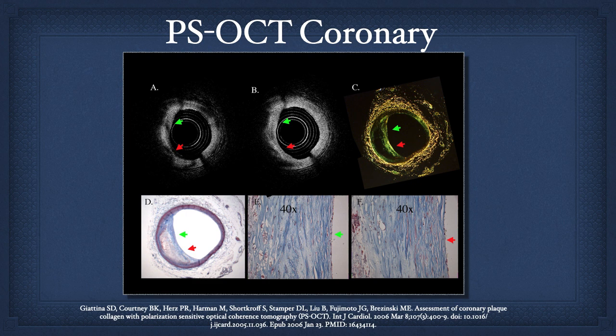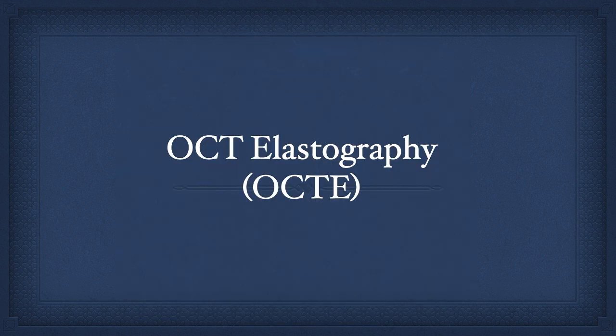This technique has a lot of potential, but giving absolute numbers is not something I feel we really need. This is single channel. All we're doing is rotating the polarization. We don't care about the absolute value. We're just looking at the change at the way we rotate it. Hopefully that was clear. So, OCT elastography, and first,